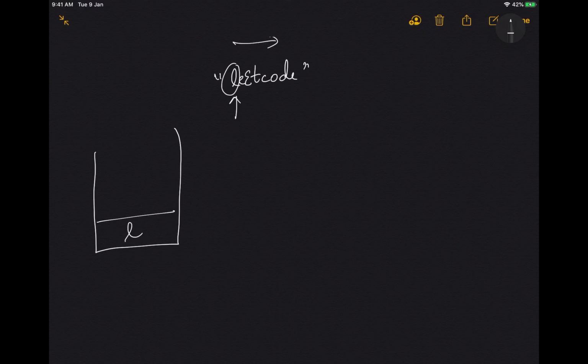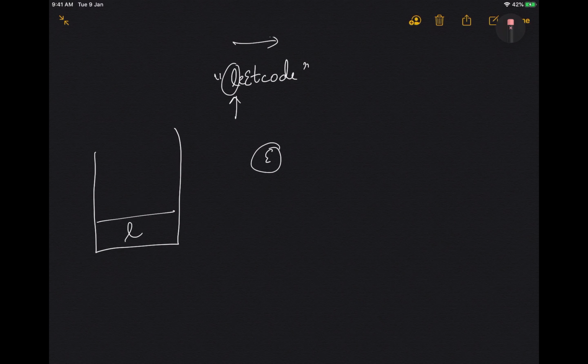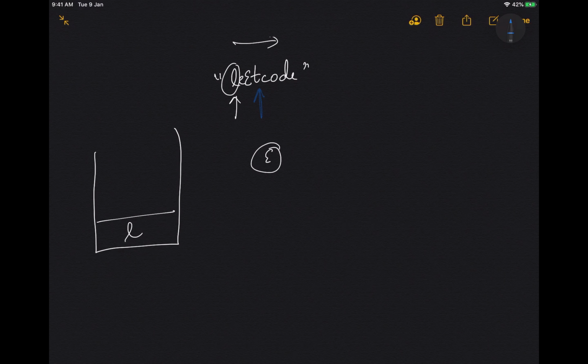So we found l, so we push it into the stack. Then we found e, we push it into the stack. Then we found capital E, we check the top element of the stack and check whether this and this result in the same value. Yes, it does, and one of them is uppercase and one is lowercase. So we pop the last element from the stack, and we move to the next element, t.